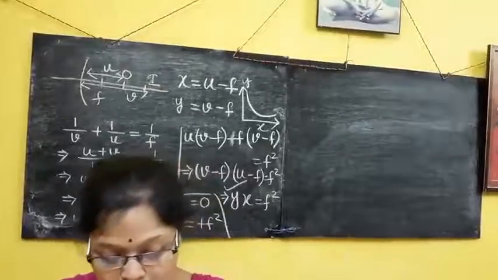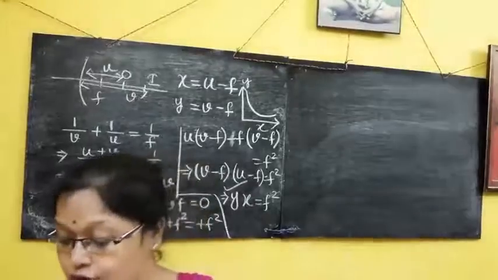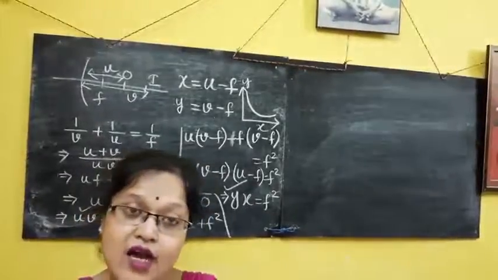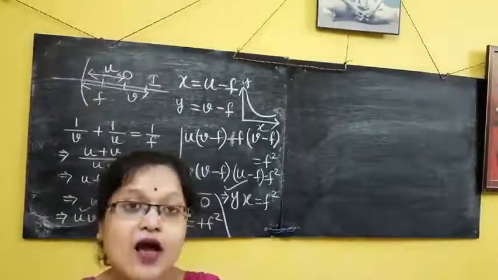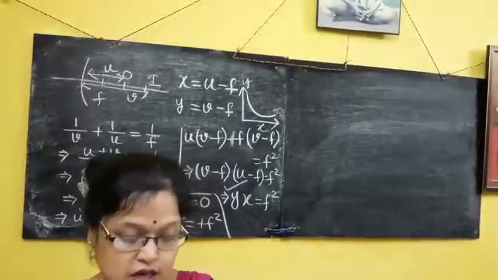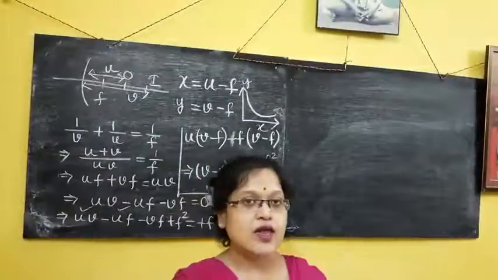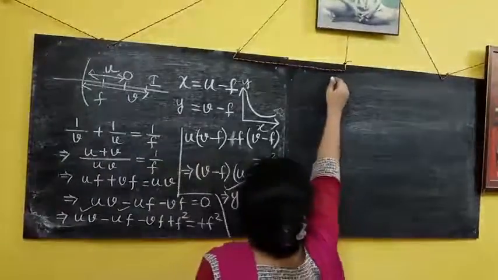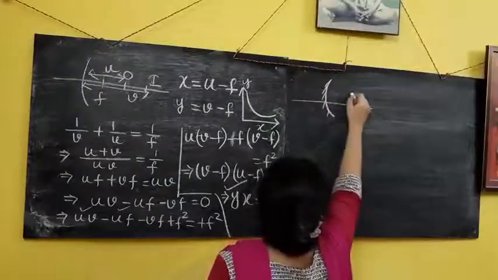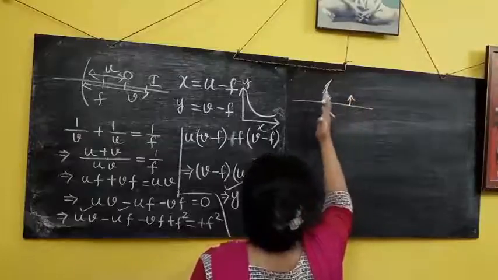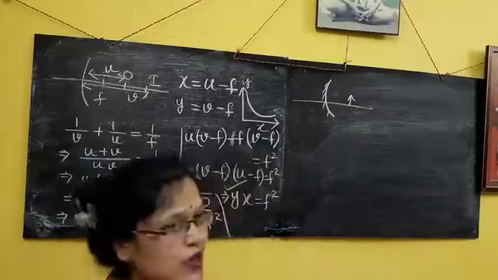Done. So what do I need to do? Radius of curvature is given, so from the radius of curvature I can calculate the focal length also. So I have the data of U and the focal length, and from there I will calculate the image distance. First thing first, concave mirror. Concave mirror means what? If this is my concave mirror, this is the reflecting surface. If this is the object, the object is in front of the mirror.